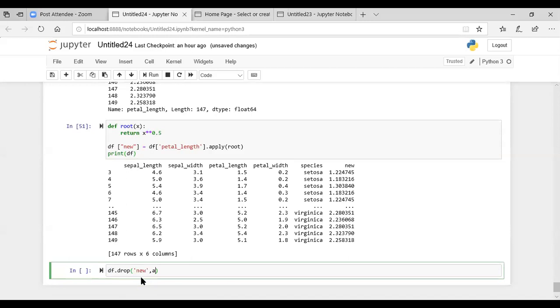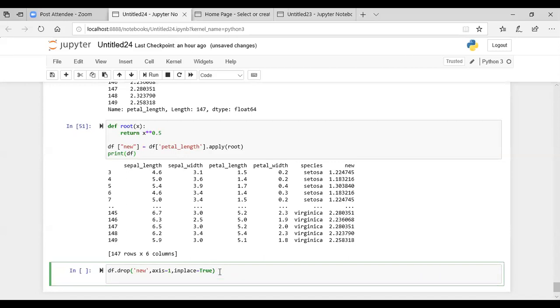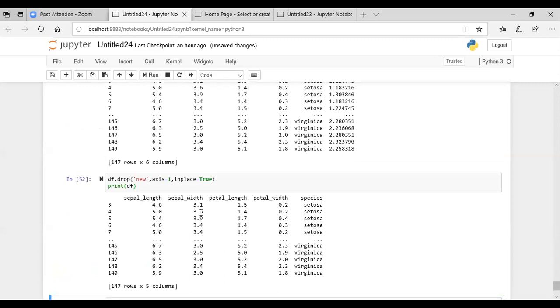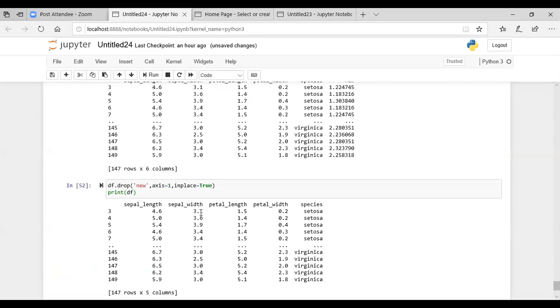Okay, and then you have to make use of inplace is equal to true to delete it from the data frame permanently from the main copy, and then display this. So now the new attribute, the new column, is being dropped from the data frame.